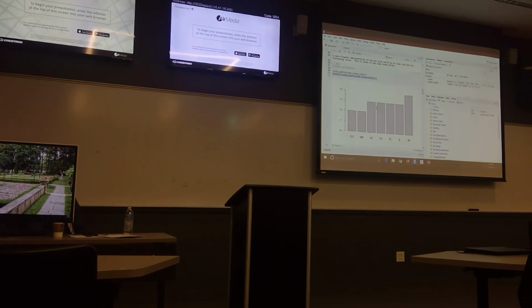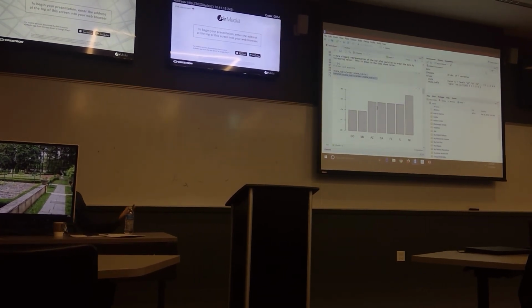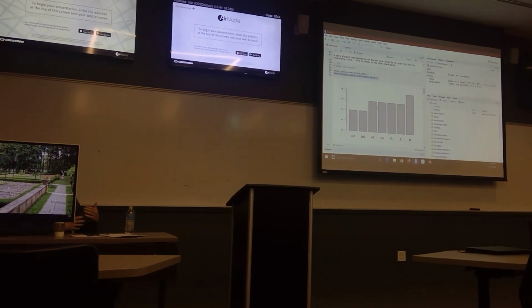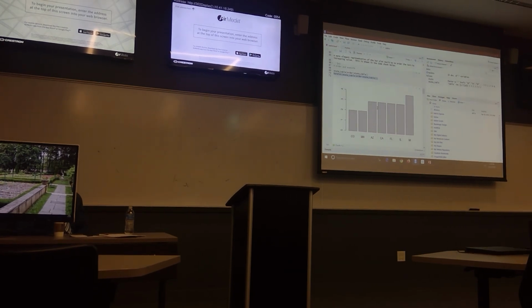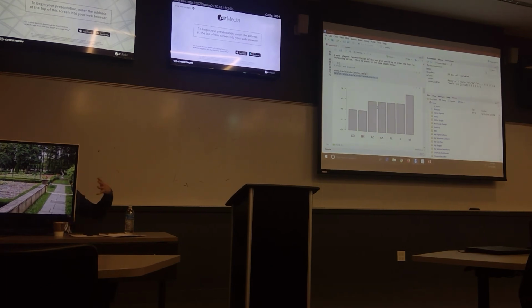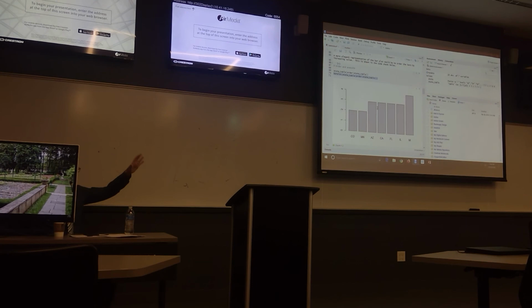That is better. And imagine you have so many categories, it is better always to sort. Right? I can see I have 2 states with a low number, and quickly I can see that the majority of the states are repeated 3 times, and I have one more state that is not an outlier, it's a little bit higher than the others, which was repeated 4 times. Again, always imagine if you have so many categories or so many states, when you sort, it will give you a very nice view. When you don't sort, you feel like the chart is going all over the place and I can't tell what I am looking at.